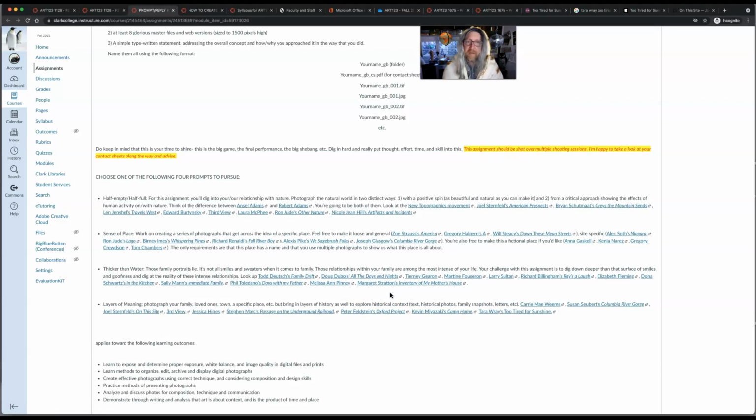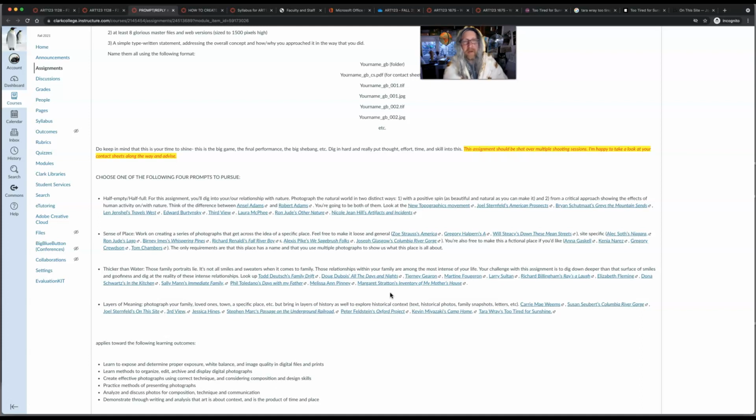The key with family is, you've got to push beyond cute. The truth is, and this might sound harsh, no one cares how cute your kid is when they are smiling at the camera, or your dog, right? When your kid and dog are smiling at the camera. It's not about cute, it's about getting beyond that, about getting deeper than that into something a little more real.